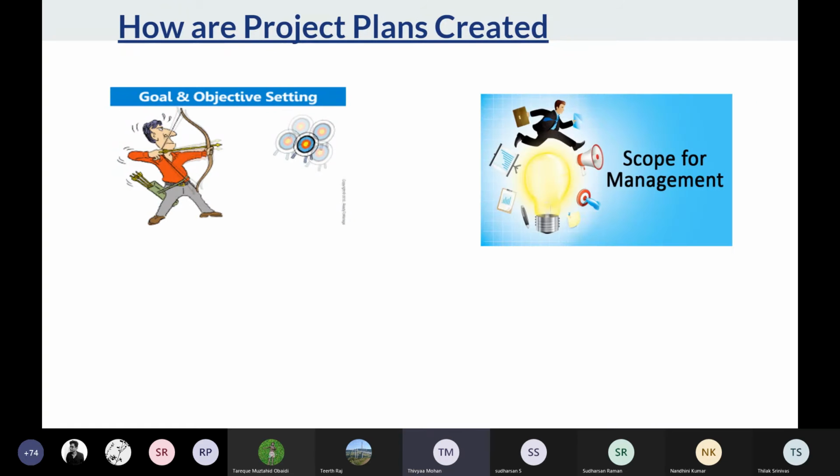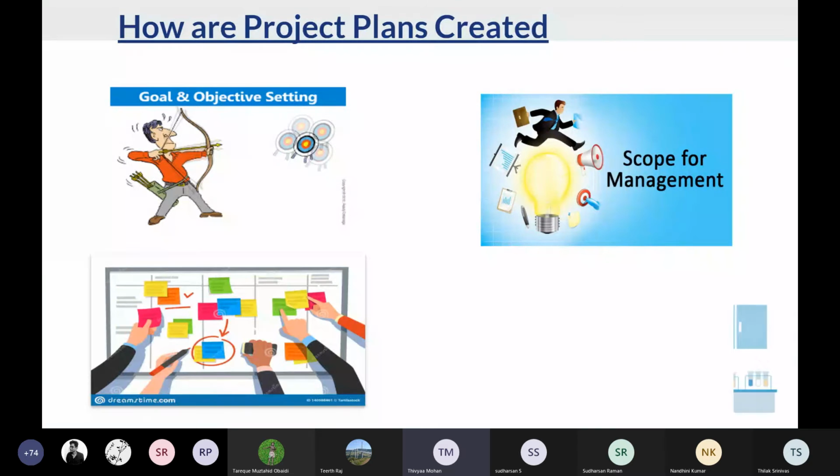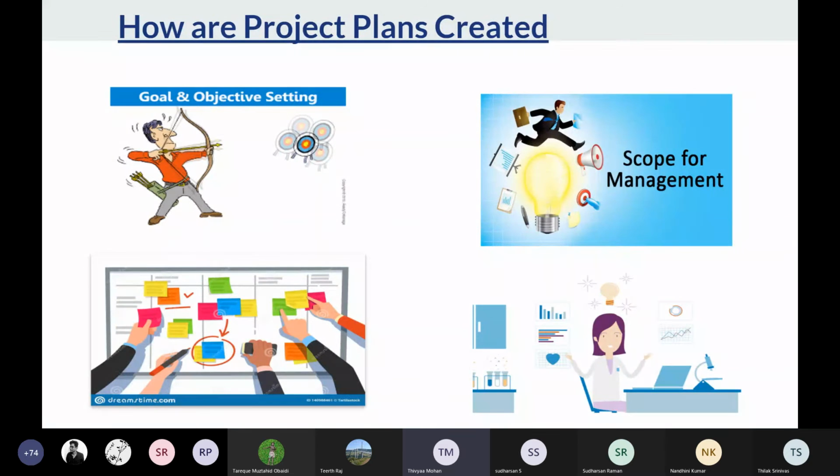So now we'll see how project plans are created. Project planning involves defining the objectives, explaining the scope, scheduling the tasks, and generating the progress report. In defining the objectives, we include what the project is comprised of, its main aim, what it intends to accomplish, and what marks its closure. In explaining the scope, it provides detail on what the project intends to solve and who will benefit from the project. In scheduling the tasks, each task is given a start date and end date, with an estimate of how much time a job would take to complete. And finally, the document includes the work to be performed, deliverables, and intended outcome of the project. Next slide.